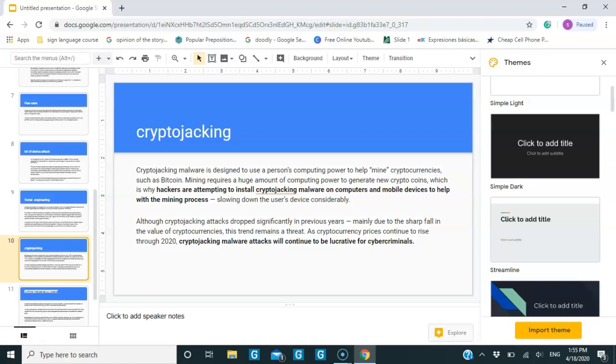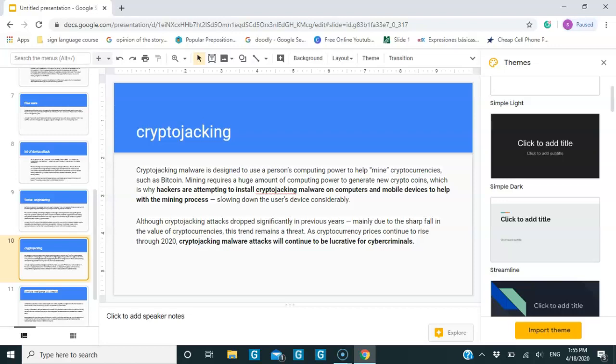Hackers attempt to install crypto coin malware on computers and mobile devices to help with the mining process, slowing down the user's devices considerably. Although cryptojacking attacks have dropped significantly previously,